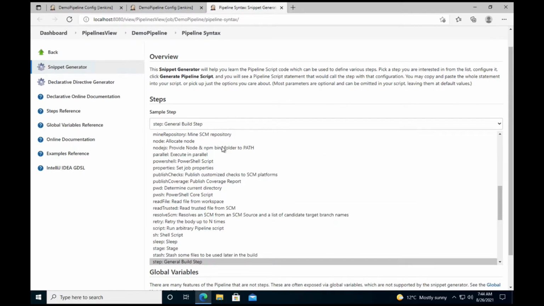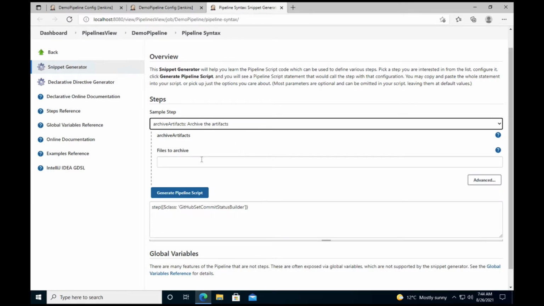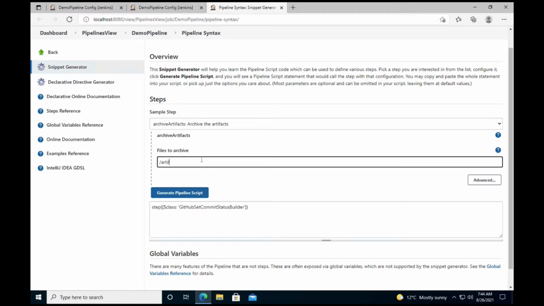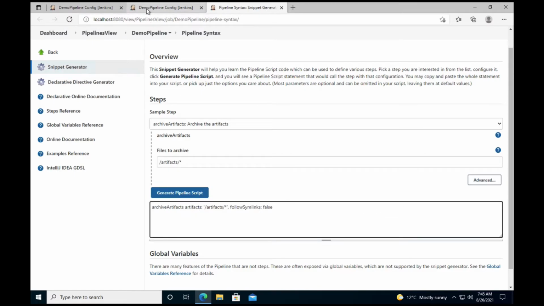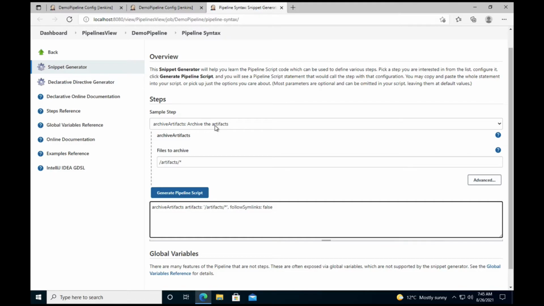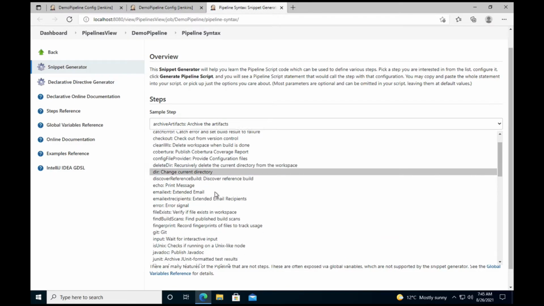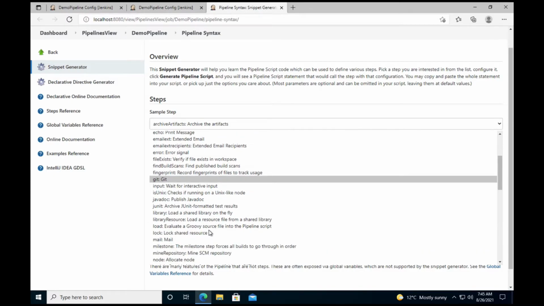And let's say I want to archive a particular file. I'll give the name of the file, and then I'll say generate. You see the archive step. Now this is similar to what we see here, archive artifacts. So this is a very important tool for anybody new to come here and look at what it is that you need to do,